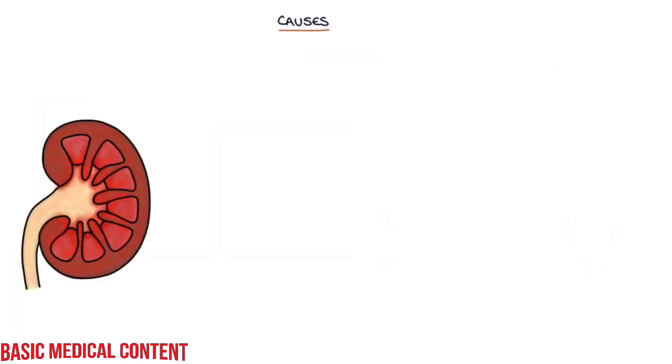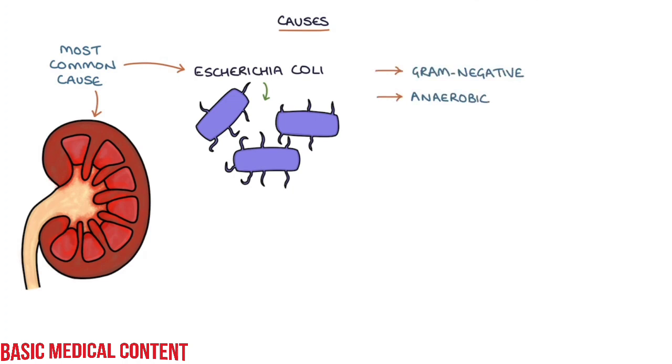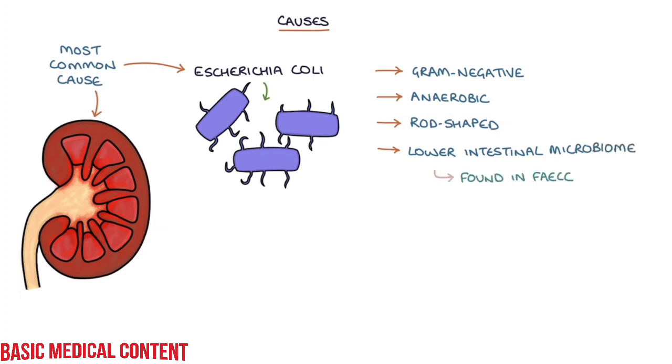Let's talk about the causes of pyelonephritis. Escherichia coli is a bacteria that's the most common cause of pyelonephritis, as with lower urinary tract infections. E. coli are gram-negative, anaerobic, rod-shaped bacteria that are part of the normal lower intestinal microbiome. E. coli are found in feces and can easily spread to the bladder, and then up through the ureters into the kidney. Other causes of pyelonephritis include Klebsiella pneumoniae, which is also a gram-negative anaerobic rod,